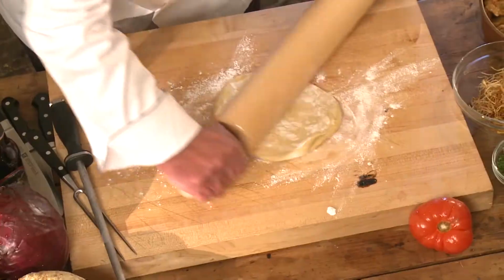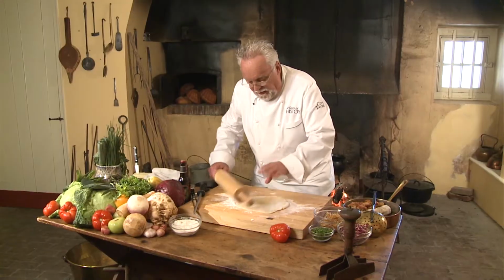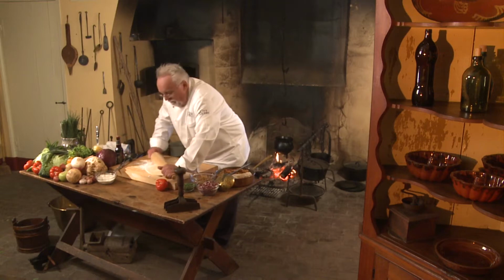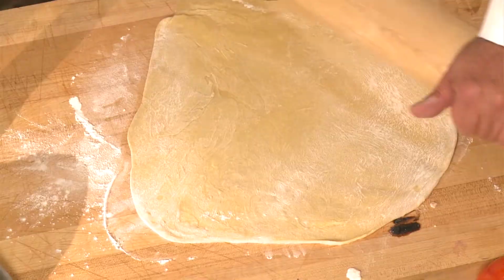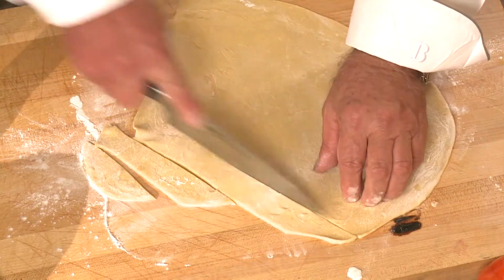Take a rolling pin and just roll it over. There's several ways of doing it. For this particular recipe, I prefer it more as a dumpling style, if you call it, than as a noodle. In the restaurant, however, we serve noodles because most people are not familiar with a dumpling style noodle like this one here. So all of this, just like so, and I go, cut it over,